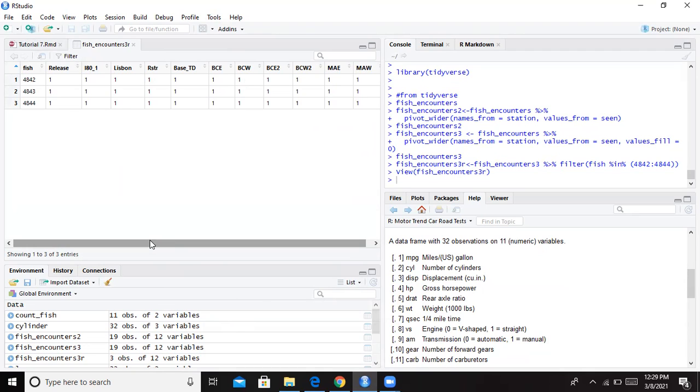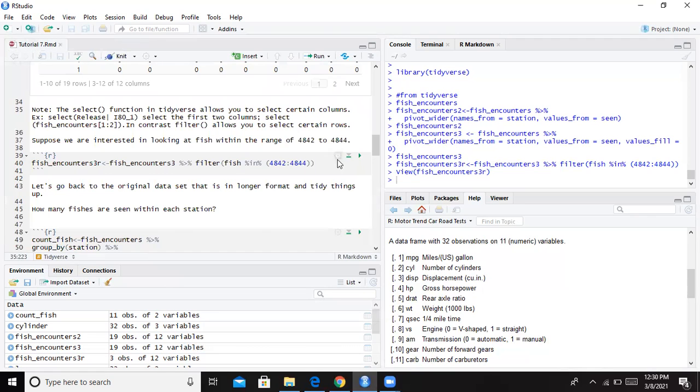So this is not particularly very useful, because if you want to know, for instance, which stations had the most fish sightings, you wouldn't want to pick the fishes that were seen in all these different stations, because it doesn't tell you anything, basically, right? So this is just for illustrative purposes, but it doesn't really make sense to pick the fishes that were on all the stations and say, hey, which station is more popular, because they all have the same counts in this data frame, right? So let's then go back to the initial